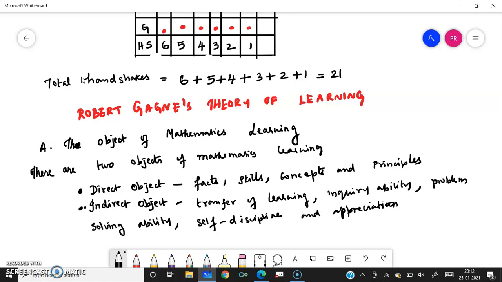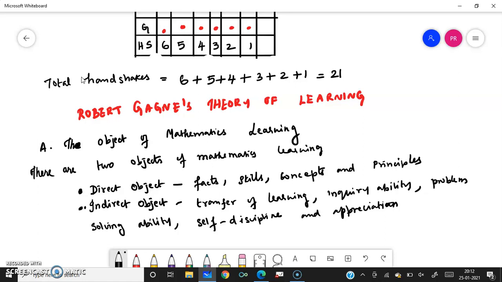Next come the mathematical skills. The second one is skills. Mathematical skills are those operations and procedures, this is how you should do it, which students and mathematicians are expected to carry out with speed and accuracy. If you know the operations and procedures, then only you can do it fast and get the correct answer. Many skills can be specified by sets of rules and instructions, an ordered sequence, specific patterns. We can call it an algorithm. So these are the steps you have to follow: step 1, step 2, step 3, step 4, in order to arrive at the answer.